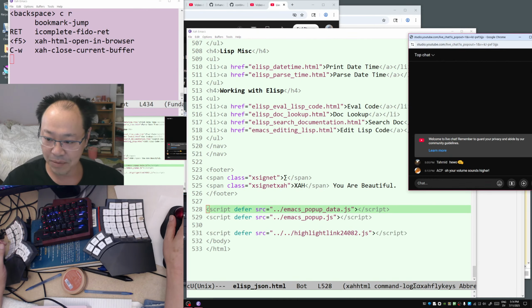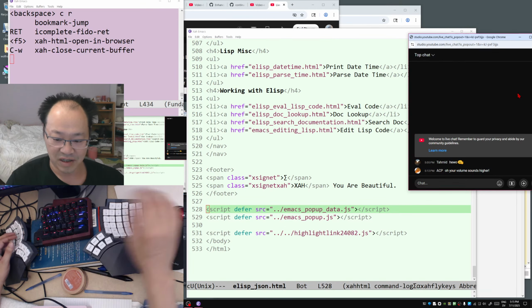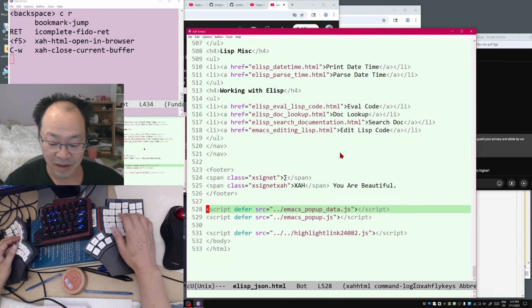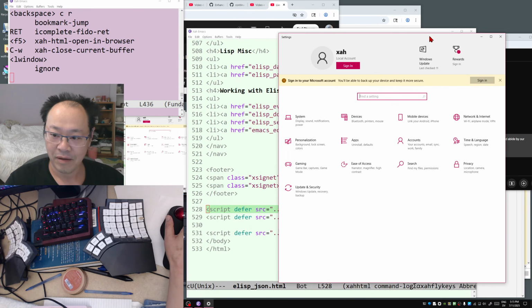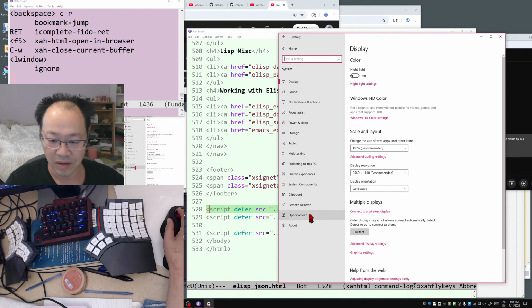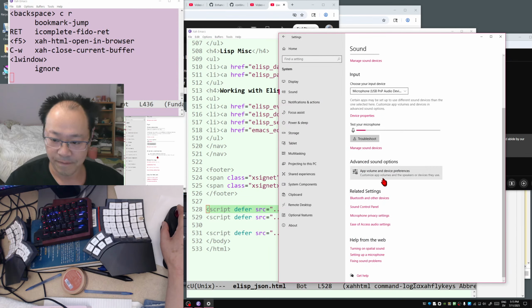Any comments? ACP, hello. Oh, your volume sounds higher. Thank you. Yeah, because you said that, then I looked into it, I adjusted things, so now it works. That's kind of tricky. It's an interesting question because you go to systems, then you go to sound somewhere. Okay, so sound, then you go to